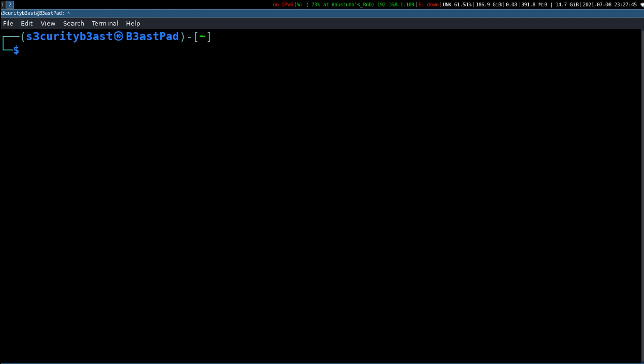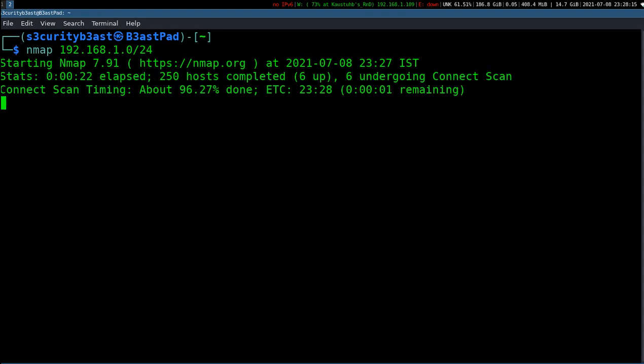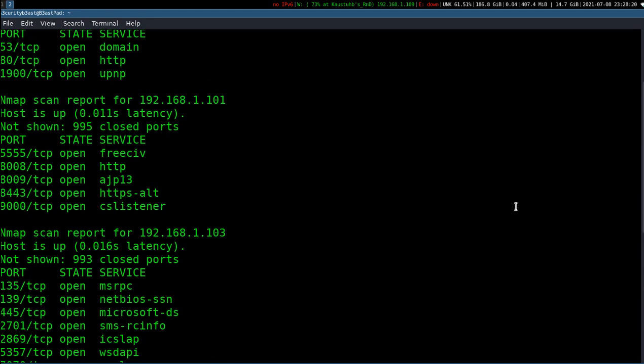Now we have a Pi in our network. This is my home network, /24. I know the IP address, but I want to show you something more: Raspbian has a reserved vendor MAC address series. A MAC address has a few bytes registered as a vendor identifier and a few bytes registered as the serial number of the device. In this case also you will see the Raspberry Pi listed here.